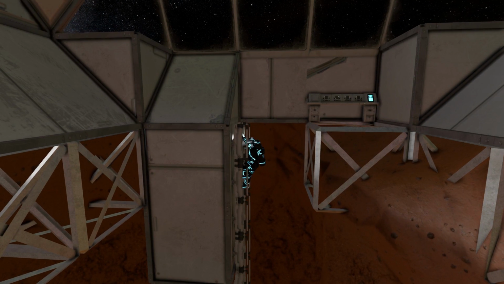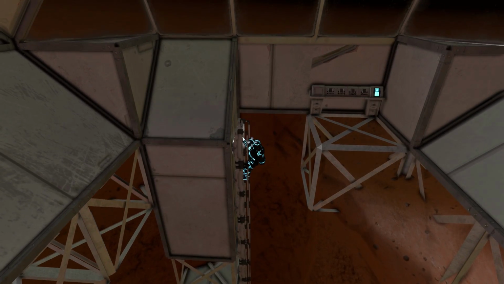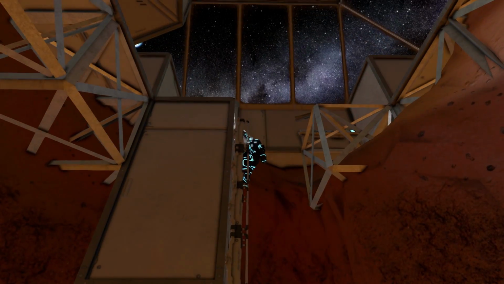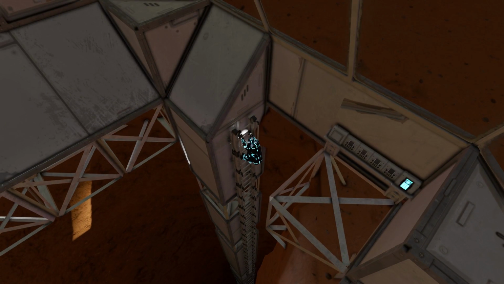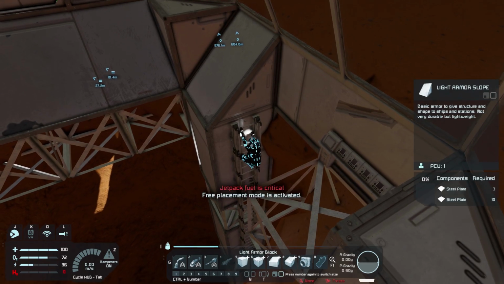We could jump off and try and 360 ourselves a... If I jump off and do a 180, I could possibly fit a block right there. Fuel critical. And no, my fuel's critical. Be quiet. Okay, number 5 is my...